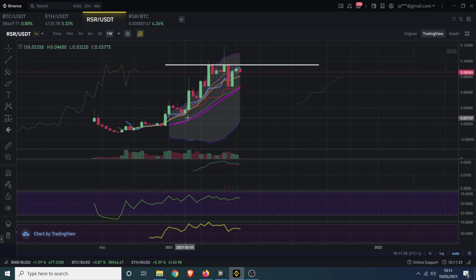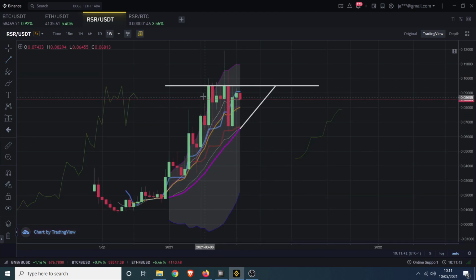So if we have a look, this is RSR on the weekly with Tether. We have this uptrend of the 20 weekly, which is bullish. So we're still in bullish territory, definitely, but we are finding significant rejection at 9.5 cents. It is pretty strong rejection, because if we look at the weekly candles, 1, 2, 3, 4 full candles closed at that exact level. We also had 1, 2 wicks, but overall we've had 1, 2, 3, 4, 5, 6, 7, 8 candles